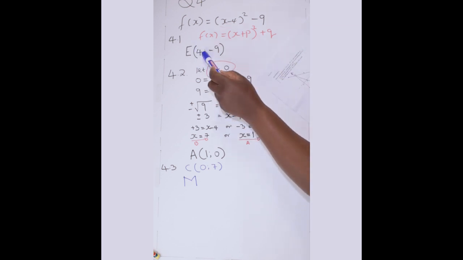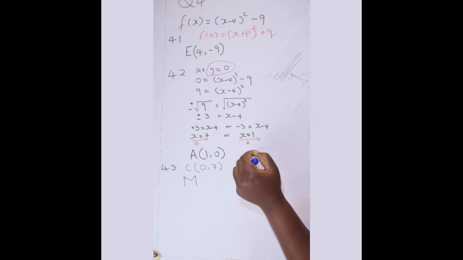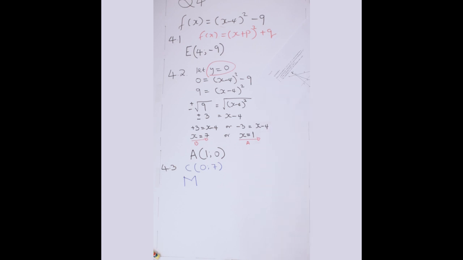We found that at E. Now if the x value is 4 and going back we are going to 0 at C, it means when we go forward we are going to add 4, because when we go back we subtract the 4 to go to 0. When we go forward we add to get to that other point. So 4 plus 4 will give us 8 and the 7 remains, because that shift does not have anything to do with our x point. It's only dealing with